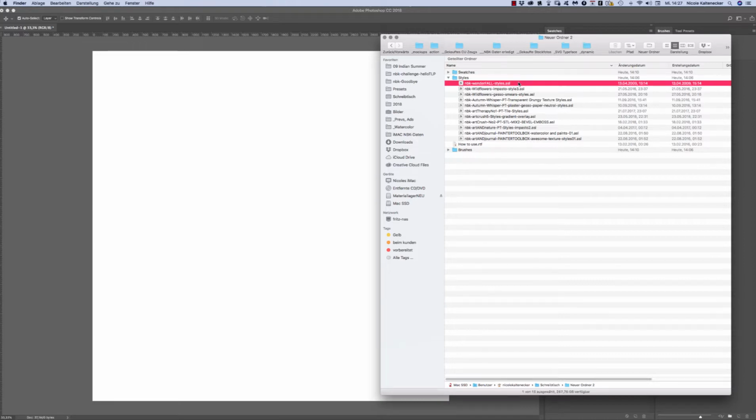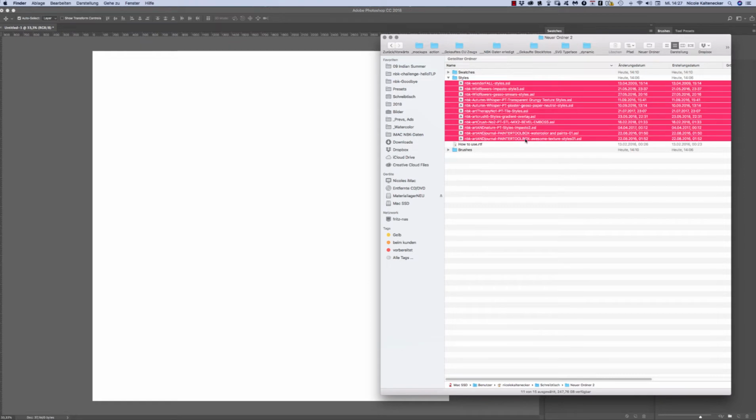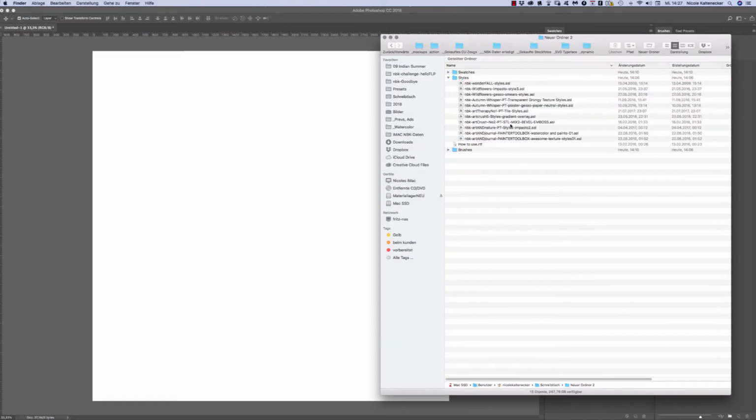So if you find any file in the folders with an ASL, you can be sure this is a style file, and they can always be used in Photoshop, older versions, new versions, and also in Photoshop Elements. They can be loaded. I'm gonna show you and teach you how to load them in Photoshop